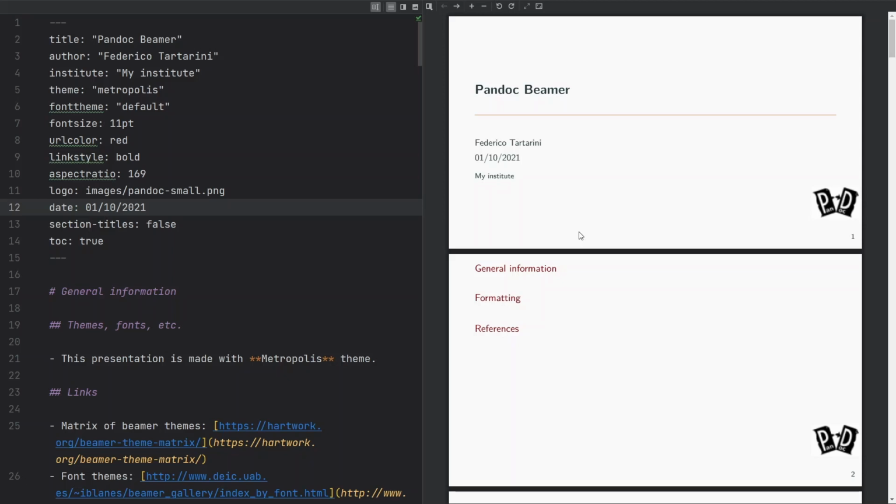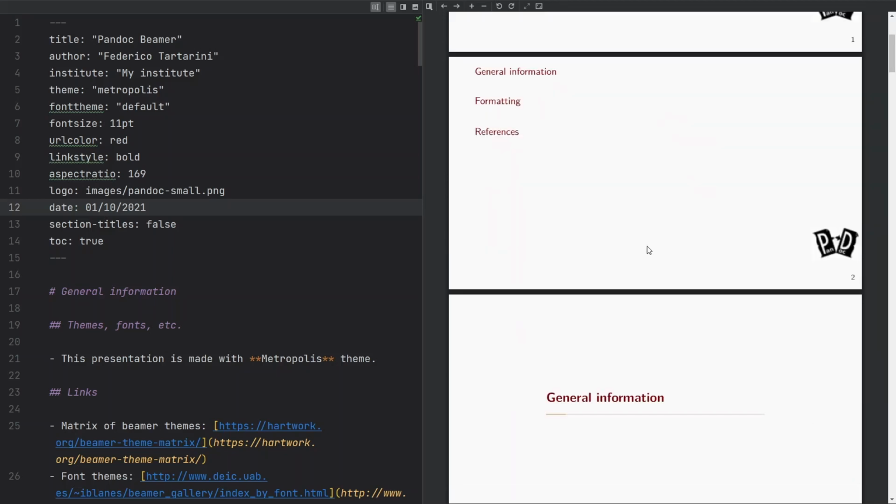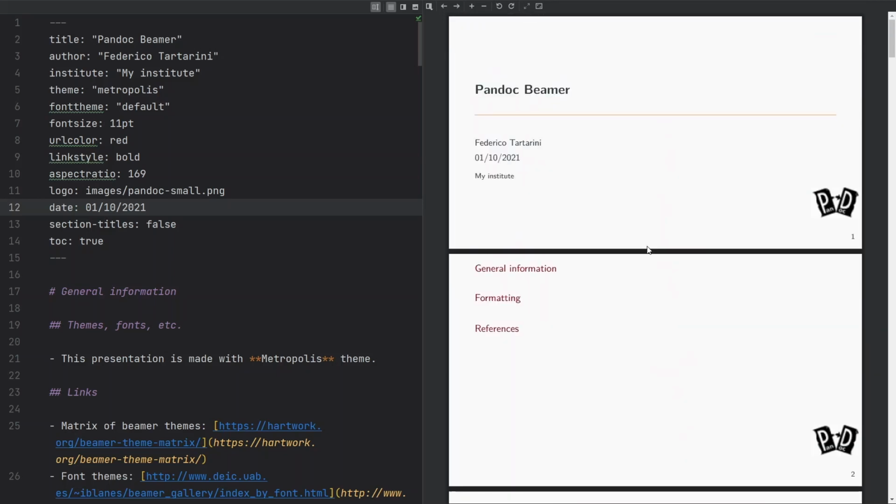We can create a PowerPoint presentation, a web page, a PDF document, and even more. So almost there is no limit to the file that we can convert with Pandoc. However, in this video, I'm going to mostly focus on how to convert a markdown file into a beautiful presentation like the one that you can see here on my screen.